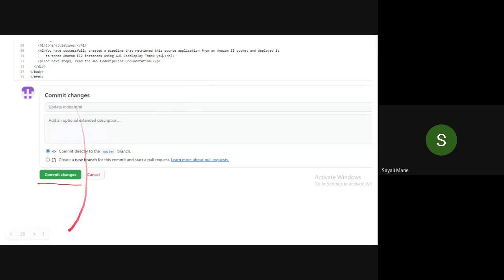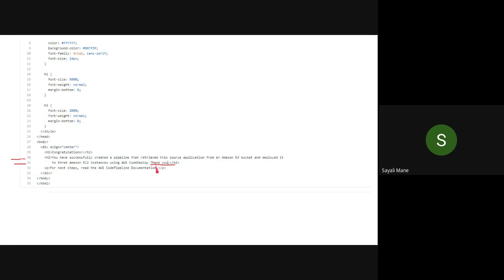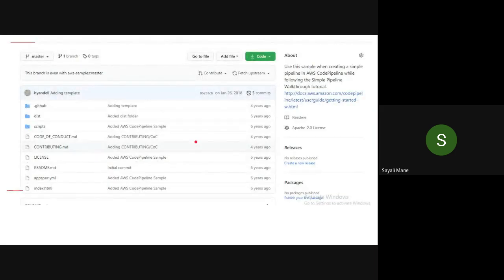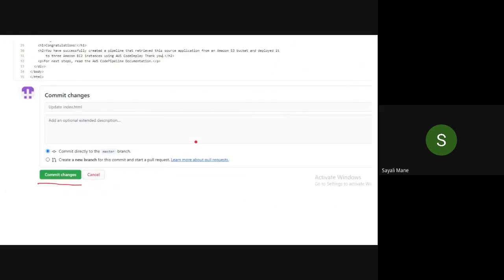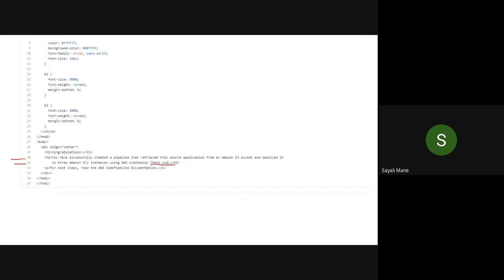Are you getting this screen? Ma'am, we cannot edit that line. You can't edit? Sorry, I forgot to mention it. Open the index.html and then see on the top right hand side there will be an edit option. Click on the edit, or as your friends are saying, the pencil icon, and then edit it.